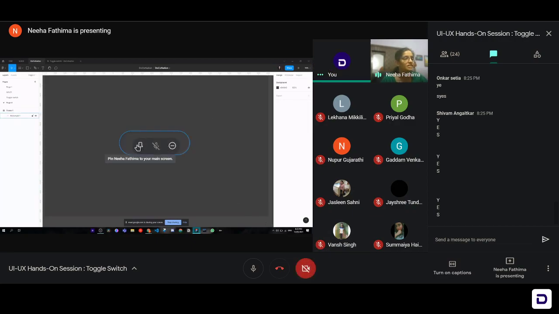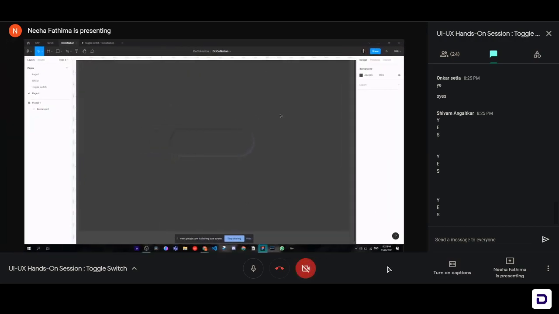Okay, so now we've got the little hollow effect. Now we'll be adding the toggle switch. So again, to make the toggle switch, we will go over to our tools bar and select a rectangle. We will drag the rectangle over here. Okay, so now we've got a rectangle. We'll select this rectangle, go over to our properties panel on the right side and change the border radius to about 500 again so that the corners are completely smooth.